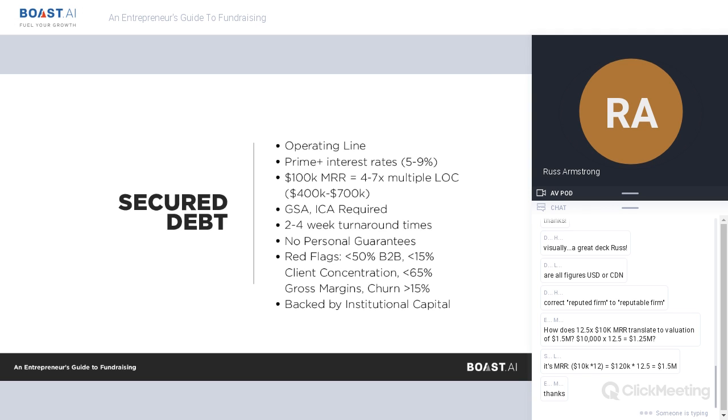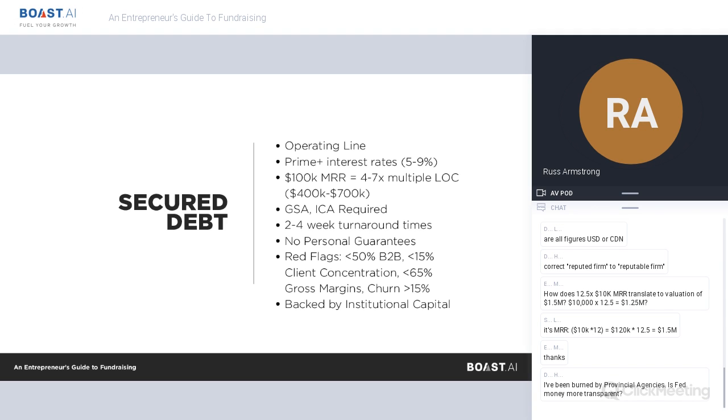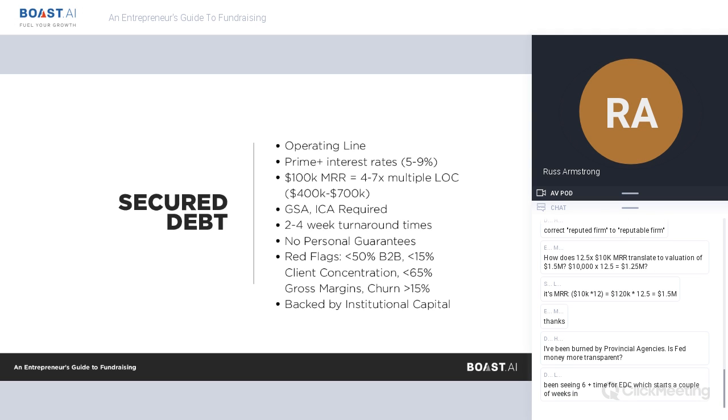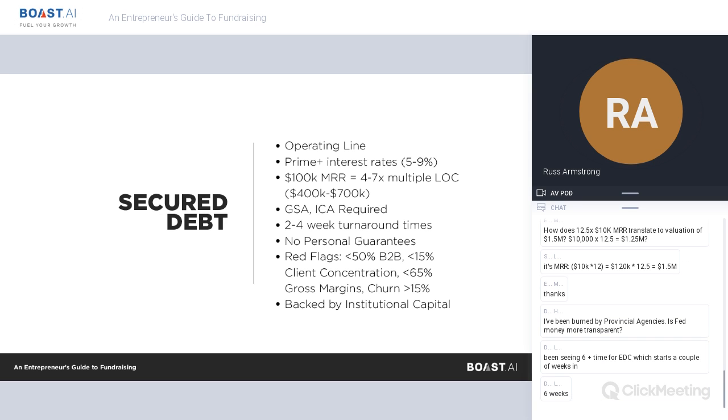Generally, these are 2 to 4 week turnaround times, and I take that a little bit liberally. I always recommend for your CFO or whoever is running it to start your relationships with these providers early. 2 to 4 week turnaround is for an existing relationship, from my experience, not from a brand new relationship. So if you already have a relationship with somebody, it will definitely help you speed along your process in the future. Obviously, there are red flags that a lot of the banks and debt providers are looking for.